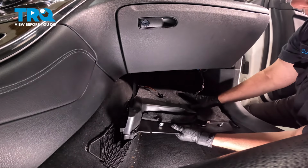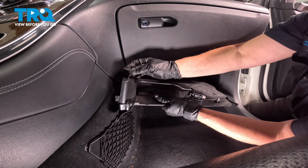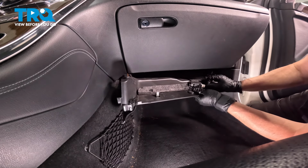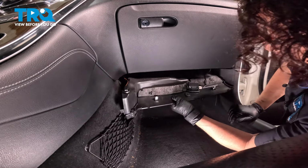So now we're going to be putting our underside kick panel back, but first we have to put this air temp sensor in. It goes in that tower right there, twist and lock. And then we have the actual little dome light underneath here. Once you get this up and underneath,